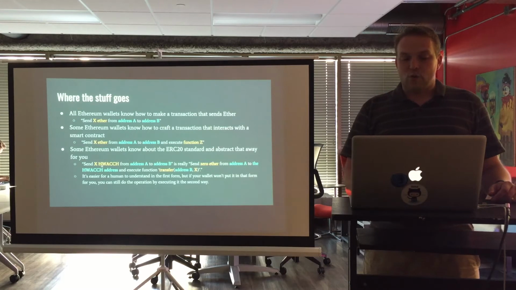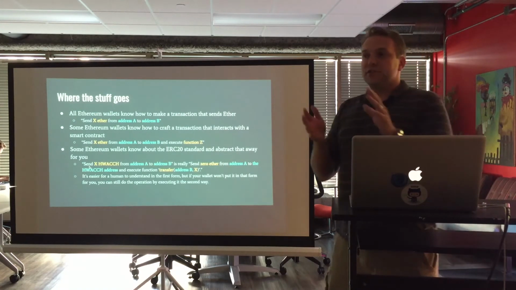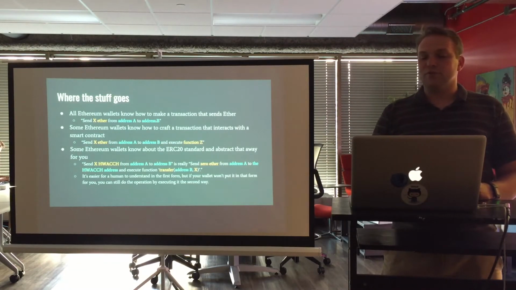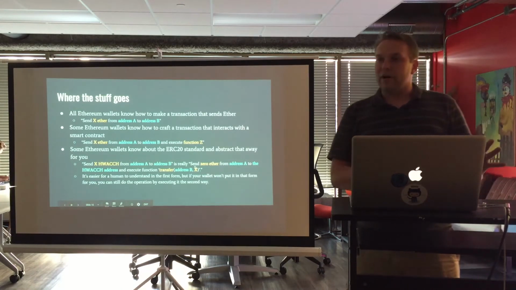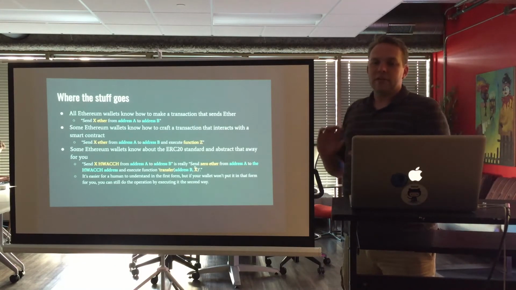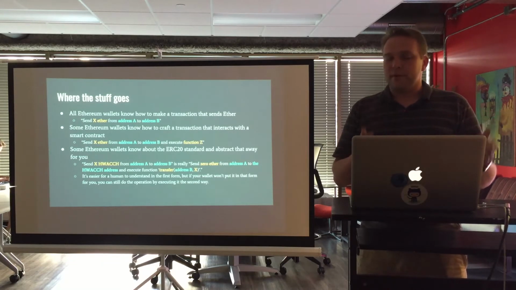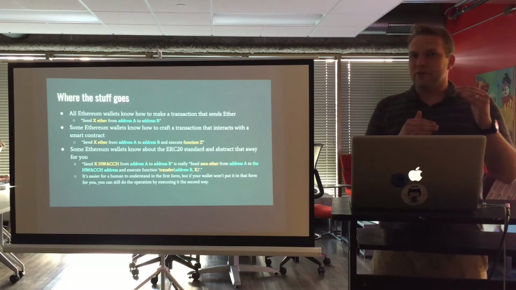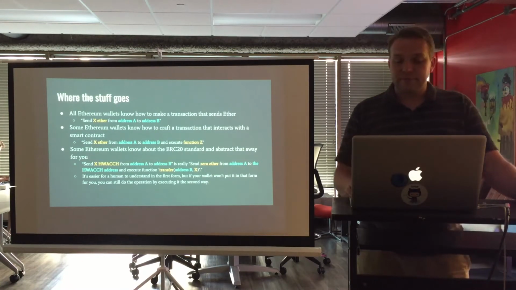So your wallets can make it look like they're doing a send this token, send WATCH from address A to address B. It looks a lot like this original form of the ether transaction, but it's actually doing something in the background that's utilizing that second form. And so all the things that we're building on top of it take that second form of transaction and make it a little bit more user-friendly for the most part. But what we're doing is peeking under the hood and looking at what's really going on there, making sure that we can actually trigger it the way we want to if we need to.